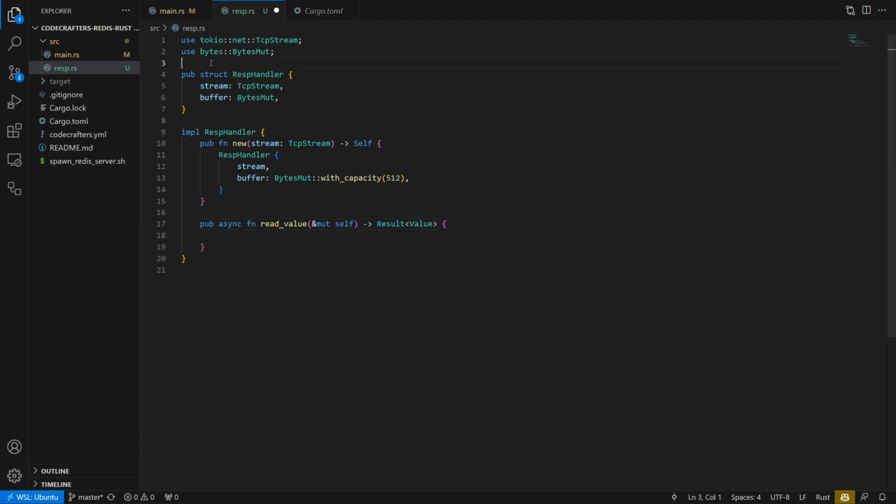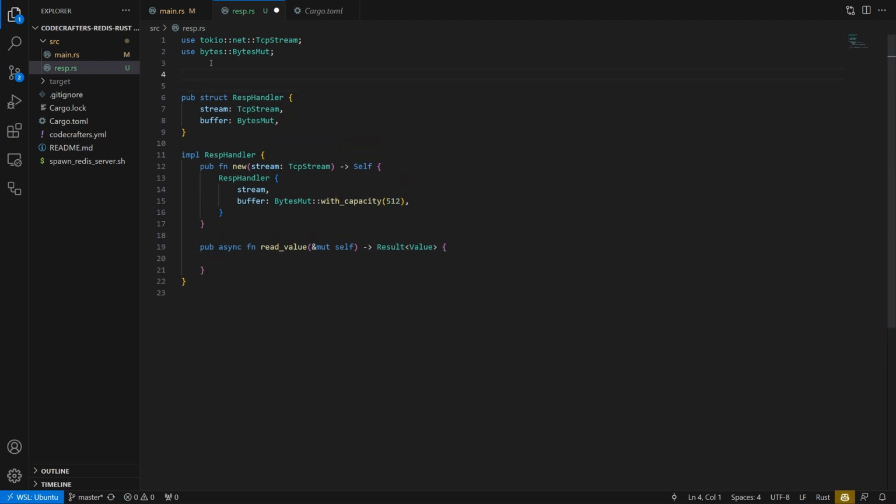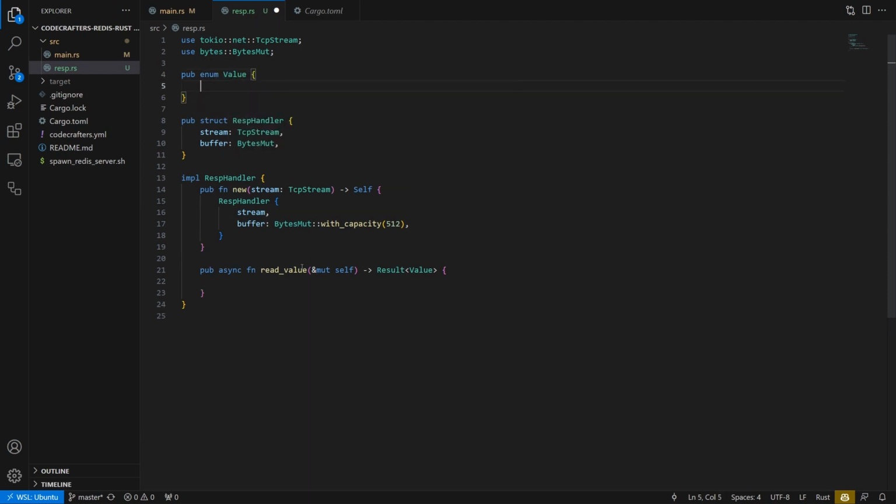So let's just quickly put something in so we can work with something. Define an enum called Value for now. That will do. And then we'll fill this in with a to-do, read from socket, and parse. And then similar for the write,